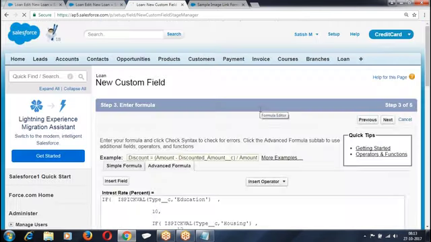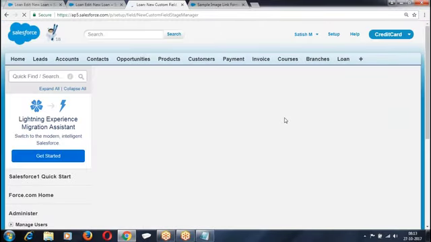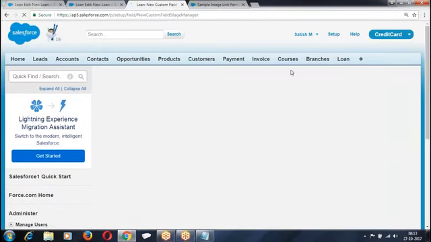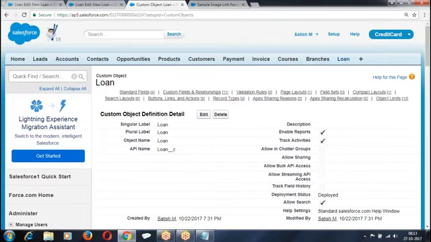Sequence in text. Next. Next. This is how we are treating it.